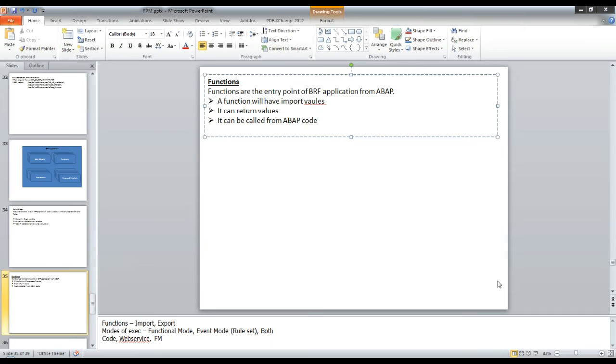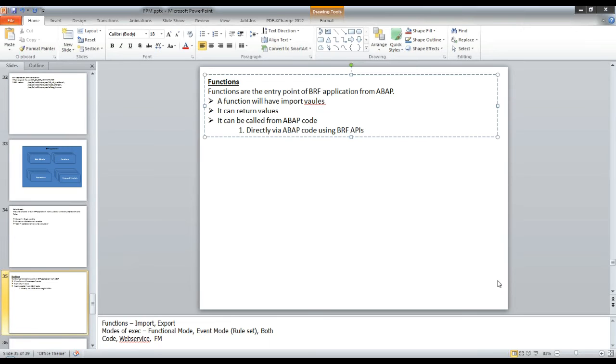There are three techniques by which you can call a function. First is directly via ABAP code using BRF APIs. I will show you what is BRF API. There are a set of classes available to us.